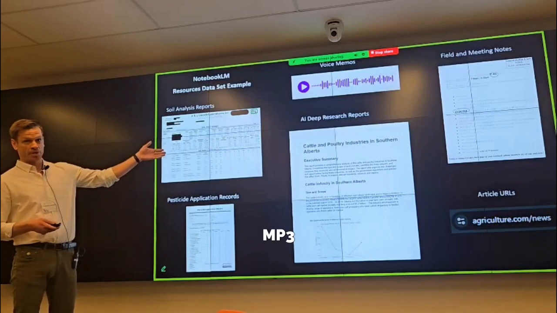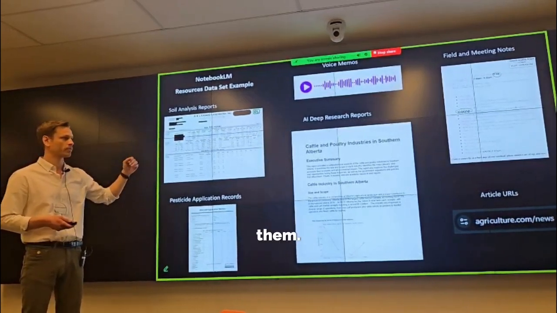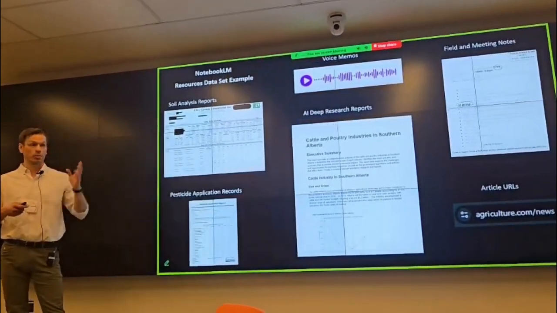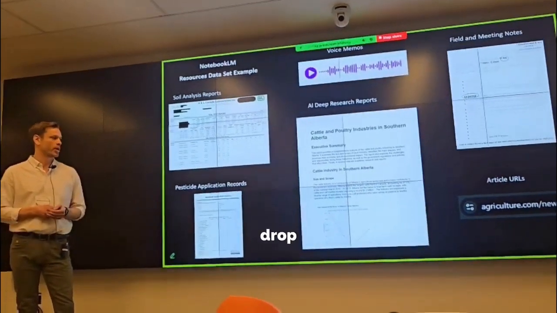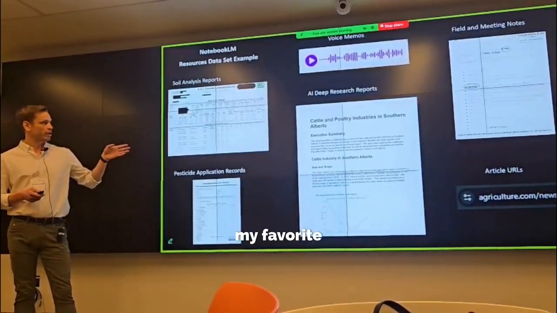You can upload MP3 voice memos. It will transcribe those notes for you and upload them. You can input URLs, and Notebook will scrape that web page for you and drop that information into your Notebook as well. Probably my favorite